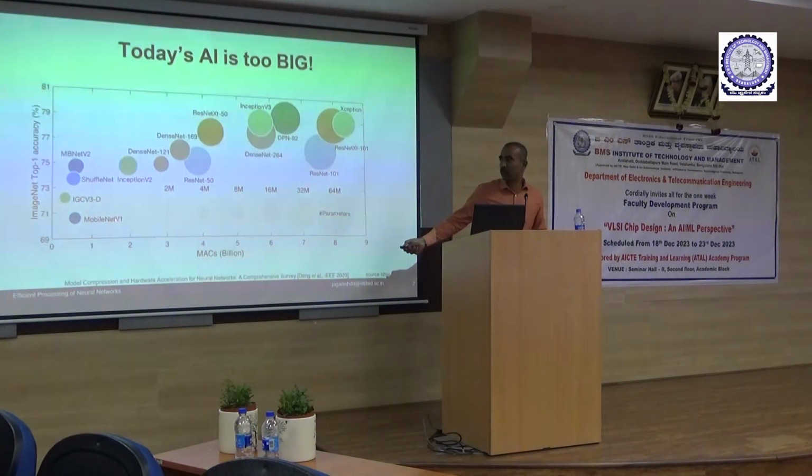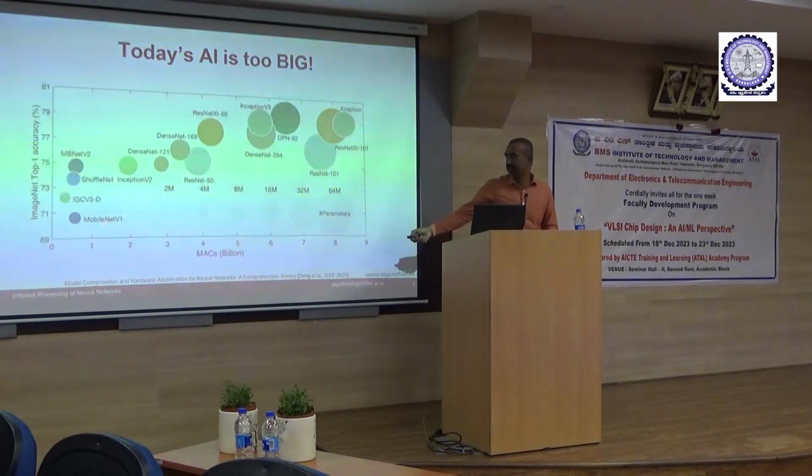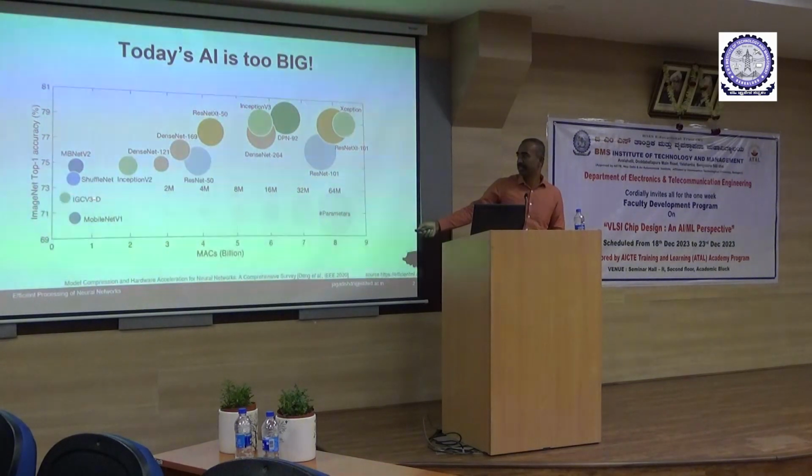But what it takes to improve this accuracy is a growth from the small size, where the number of parameters is represented by the circle size. You can just refer to it. Each of these is maybe something like 2 million parameters. But if you look at this size, probably this one, this is 32 million parameters. ResNet 101 is 44 million parameters.